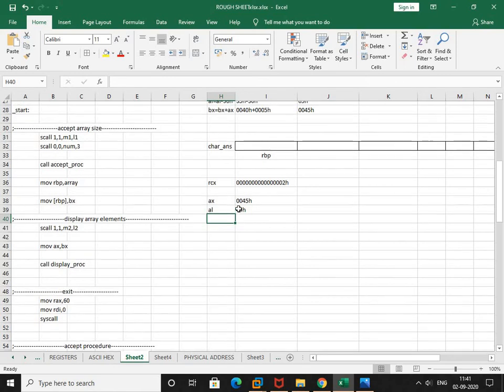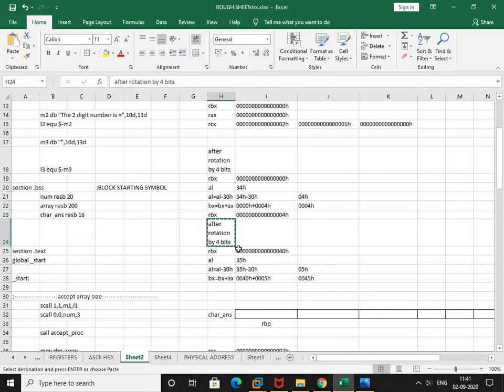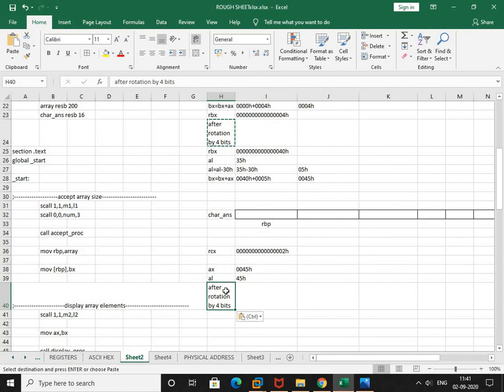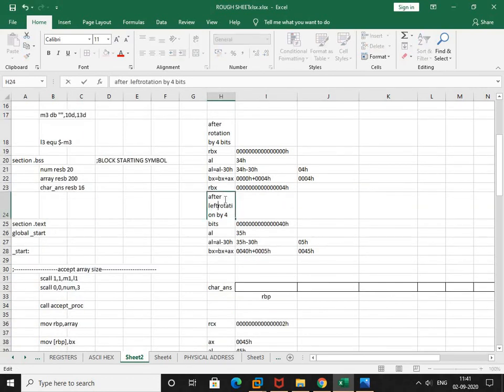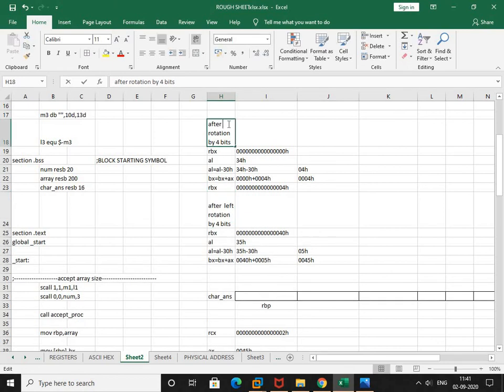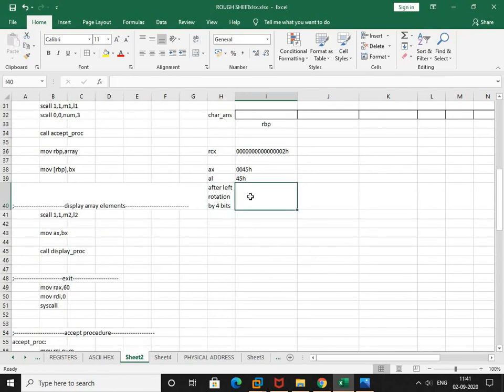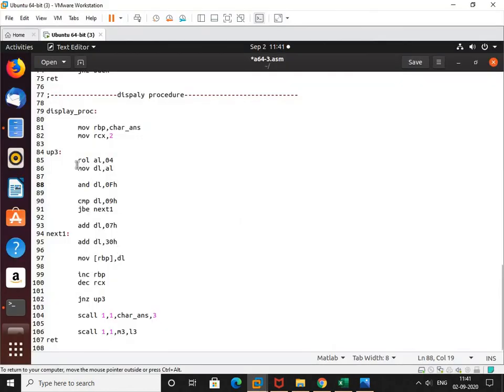So after left rotation by 4 bits, the content of AL has become now 54H. Now after that, move the content of AL into DL.